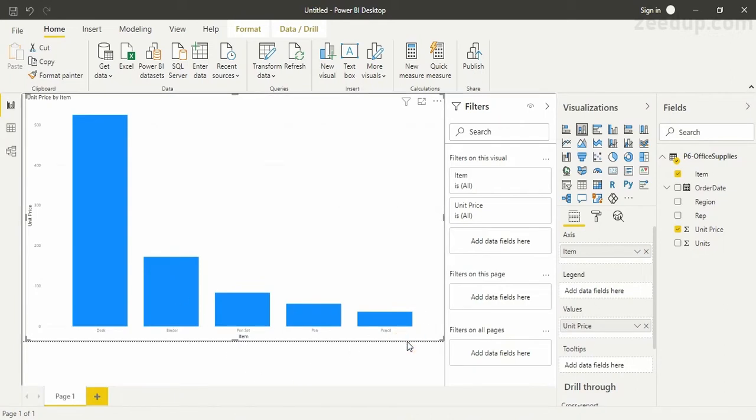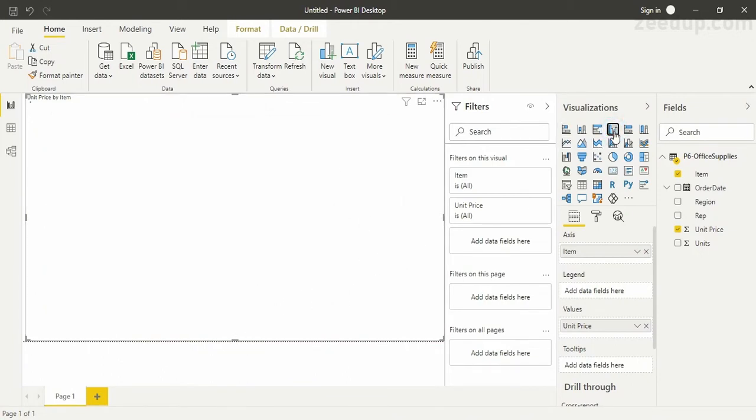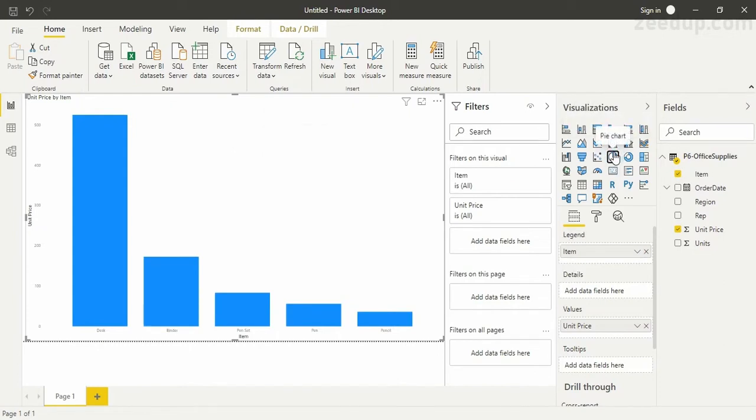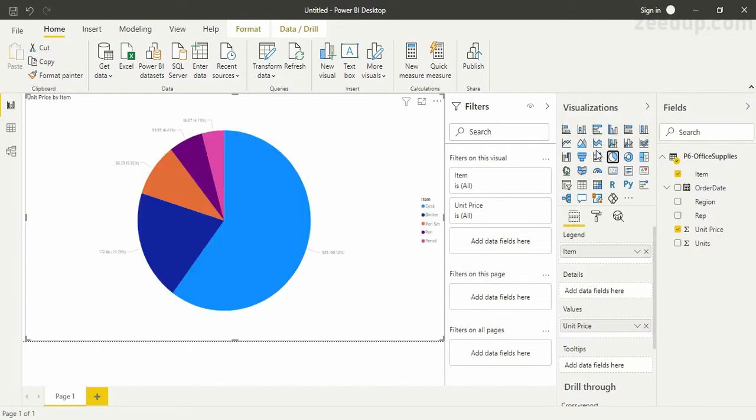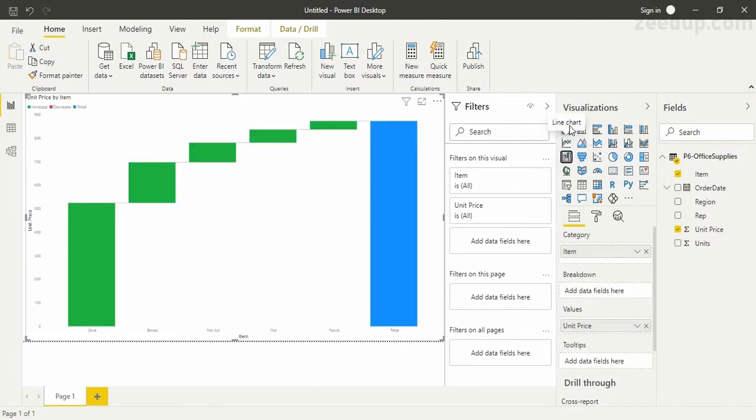However, what I want is I don't want this chart anymore, I want some other chart. So if I want a bar chart in this case, I can just click on this bar chart and you can see we are now getting a bar chart. So basically you can make sure that the focus is on the visualization in the page, and you can select any kind of visualization from here, and that visualization would be changed accordingly, right? Here you can see these different kinds of visualizations actually. So let us just go with a bar chart,